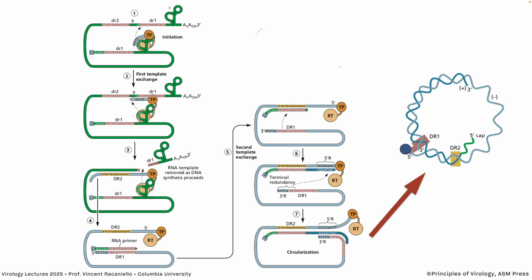There's no LTRs here to be built, by the way. So here's the DNA being made. You eventually make a full-length copy of the RNA, which would be a minus DNA. And there's an RNA primer left at the end of this DNA. And that serves as the primer for the second strand, the plus strand of DNA, which you can see starting here. But that's near a 5' end also, so that's a problem.